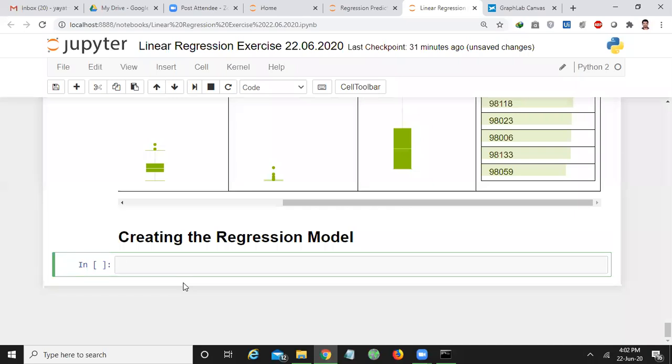So how we will create the model: my_features_model is equal to GraphLab dot linear_regression dot create. Okay, dot create. I want to create this on my training data.